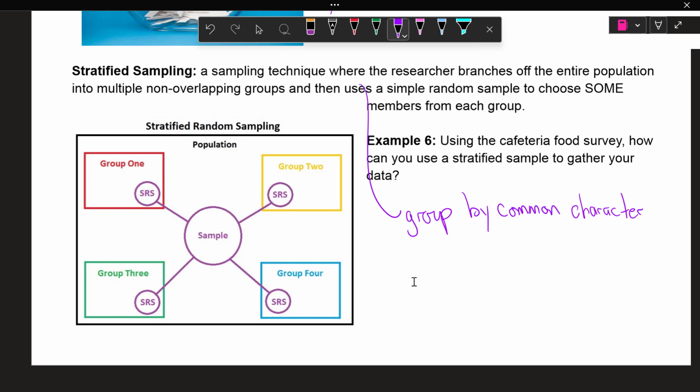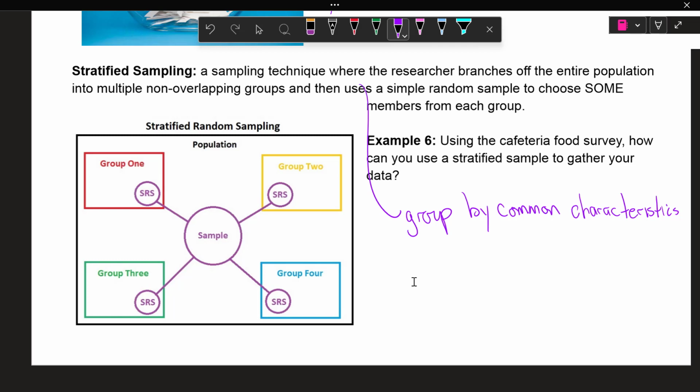So we're not just putting them in any groups, we're putting them in groups that they're similar to. All group 1 is red, all group 2 is yellow. All group 1 are people taller than 6 feet, group 2 is between 5.5 feet and 6 feet, and so on. Then, once we split them up into groups, we take an SRS,